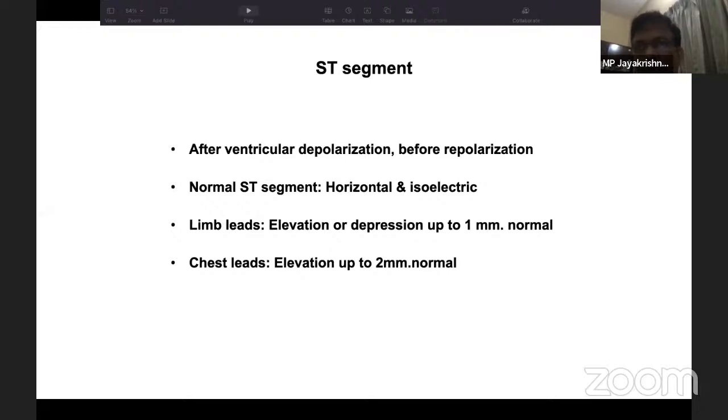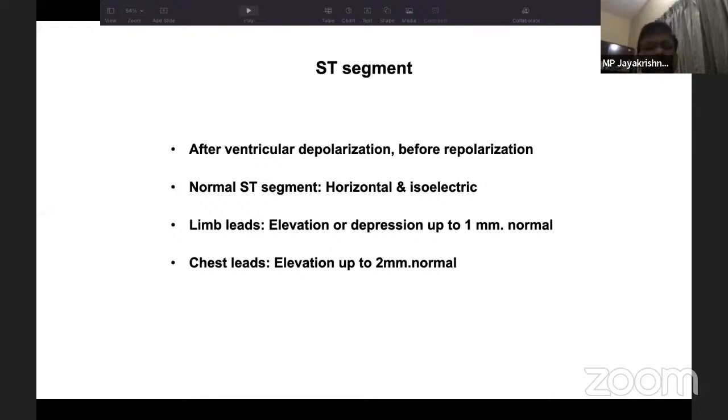The PR segment is the segment between the P wave and the QRS complex. So that is also an isoelectric line. You see if this ST segment line is actually corresponding with the PR segment or not. Normally you expect the ST segment to be horizontal and isoelectric. And what we are interested in, especially in a situation like a sick child getting admitted in the ICU and all,